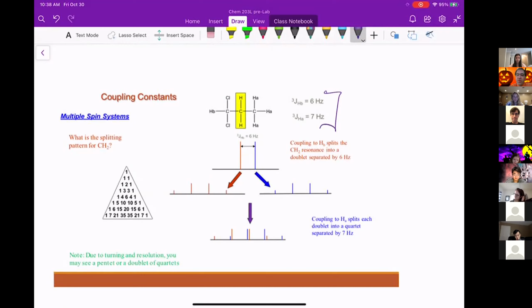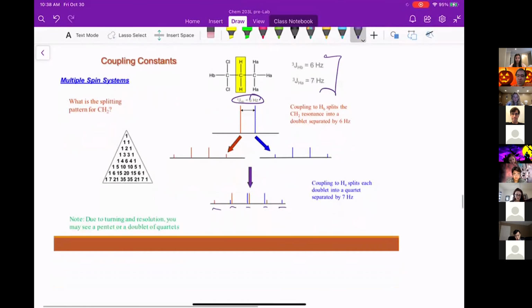So the signal gets split by 6 hertz, so there's a gap there. That was HB that was doing that. And then HA comes through and it splits every one of those signals by 7 hertz. So they're near each other, but they're not perfect. So what we get here is a 1 to 4 to 6 to 4 to 1 ratio,